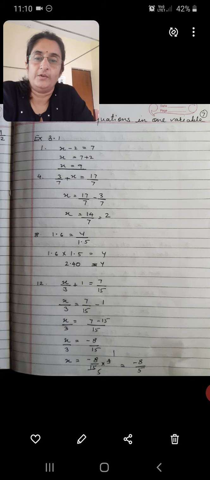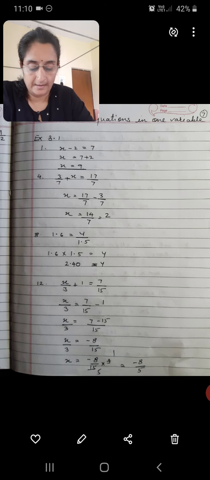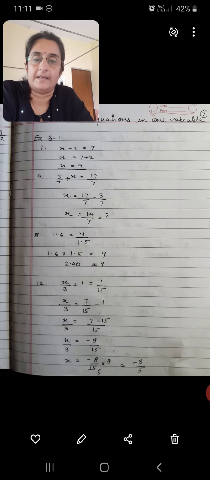Today, we are going to start with the new lesson, that is lesson number 3, linear equation in one variable. Children, you have learned algebraic expressions. What are algebraic expressions? They are equations with an equality where variables and constants are used. There is an equation sign between them. So what does that mean? The left side and right side of the equation are equal.